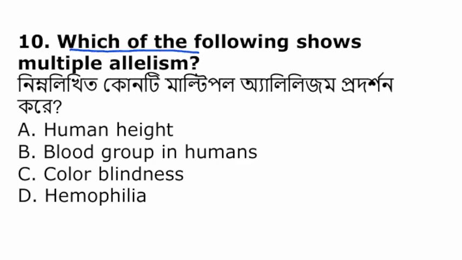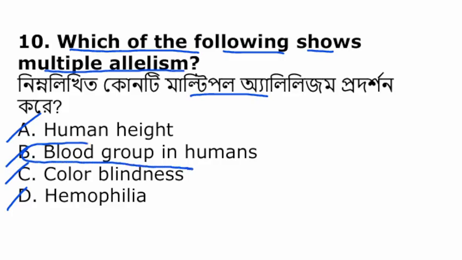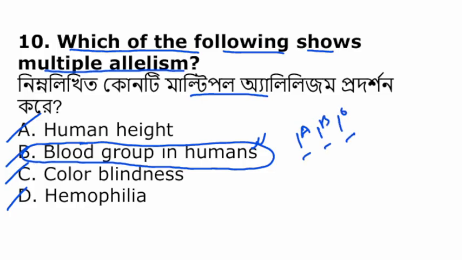Which of the following shows multiple allelism? এর মধ্যে থেকে কোনটার মধ্যে মাল্টিপল এলিলিজম দেখা যায়? হিউম্যান হাইট, ব্লাড গ্রুপ ইন হিউম্যানস, কালার ব্লাইন্ডনেস, হিমোফিলিয়া. So among them, multiple allelism is observed in blood group of human, যেখানের মধ্যে IA, IB and IO এই তিনটা এলিল থাকে।